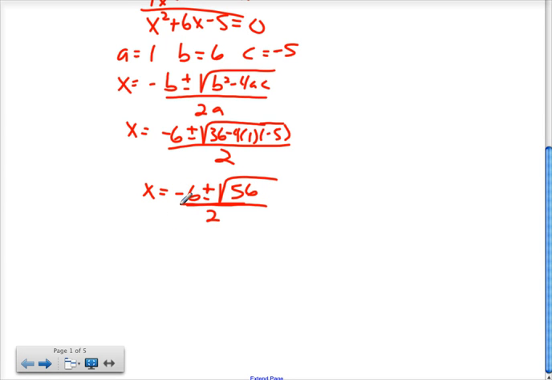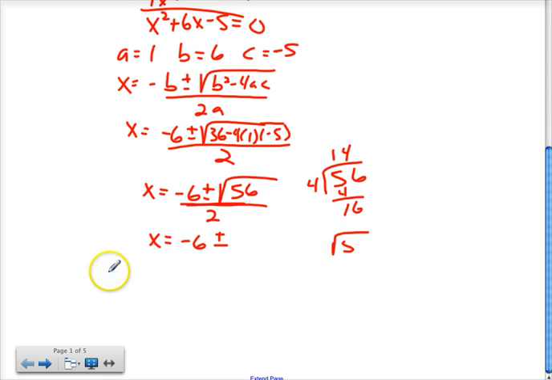Now, the square root of 56, I definitely know 4 is going to go into that, so you check for a second. 4 goes in there 14 times, and we can see there aren't going to be any other perfect squares that will go into it. So x equals negative 6 plus or minus, and that square root of 56 is the same thing as the square root of 4 times the square root of 14, which is 2 square roots of 14